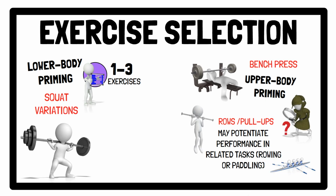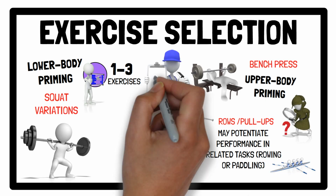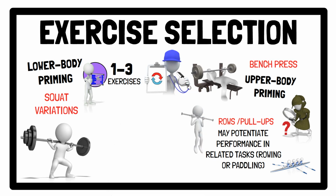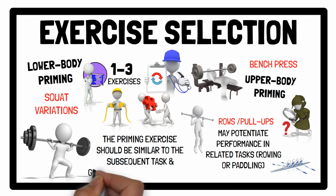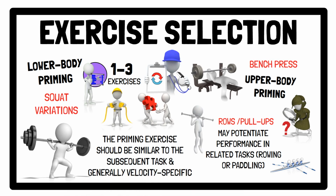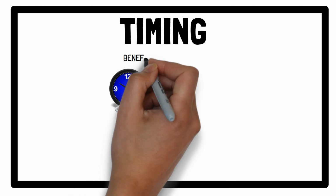While upper body sessions might benefit lower body performance, the effects are generally weaker when the target muscle group isn't directly trained. So to maximize the benefits of resistance priming, the priming exercise should be similar to the subsequent task and generally velocity specific. And regarding the timing for resistance priming, performance benefits can last up to 48 hours after